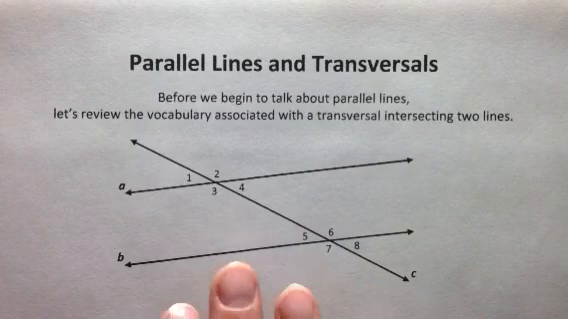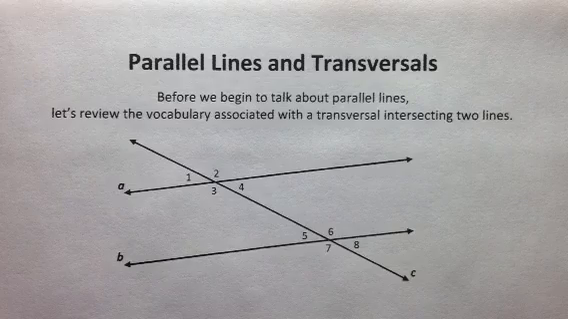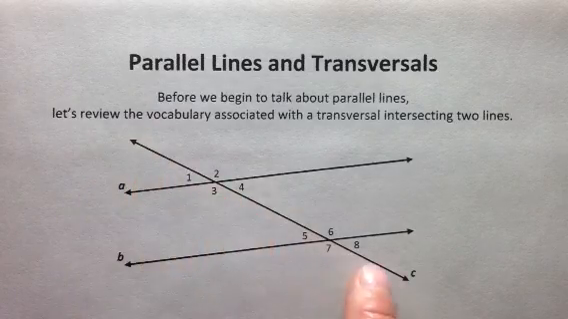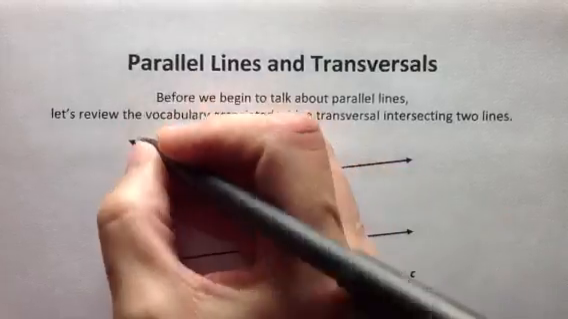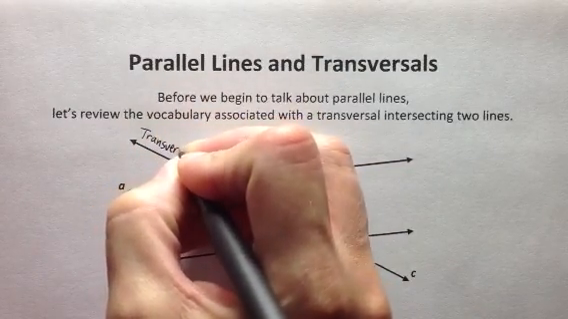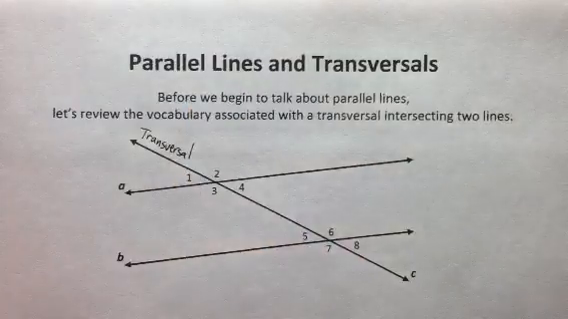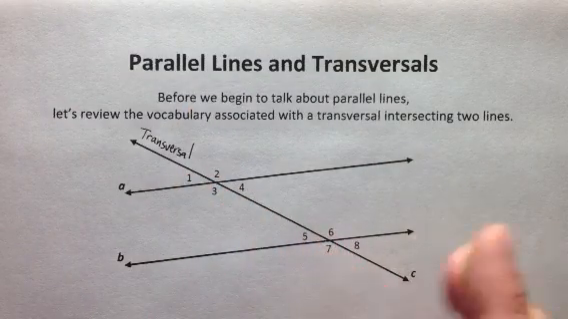Okay, before I actually start talking about parallel lines, I just want to go over some vocabulary with you. Anytime you have a line that intersects two other lines, we call that line the transversal. There's some vocabulary that will relate the angles at the top to the angles at the bottom, or left, right,